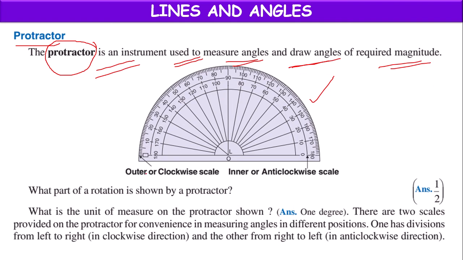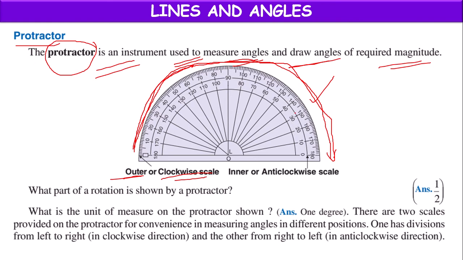So here, this outside part is marked with some angles from 0 to 10, 20, 30, 40 up to 180, and this direction of rotation is considered as clockwise rotation, or